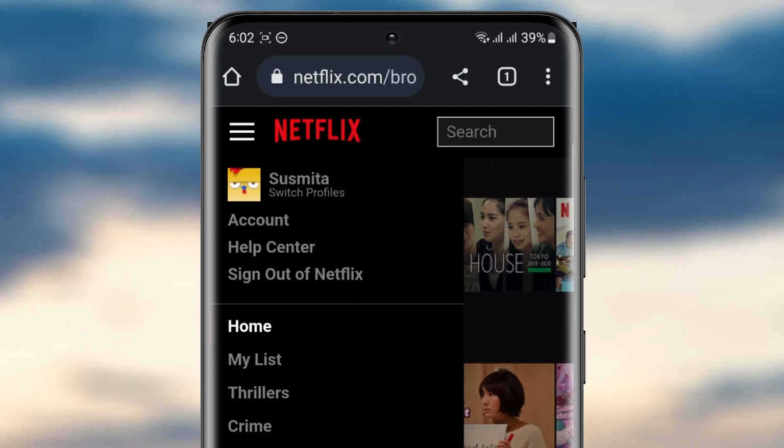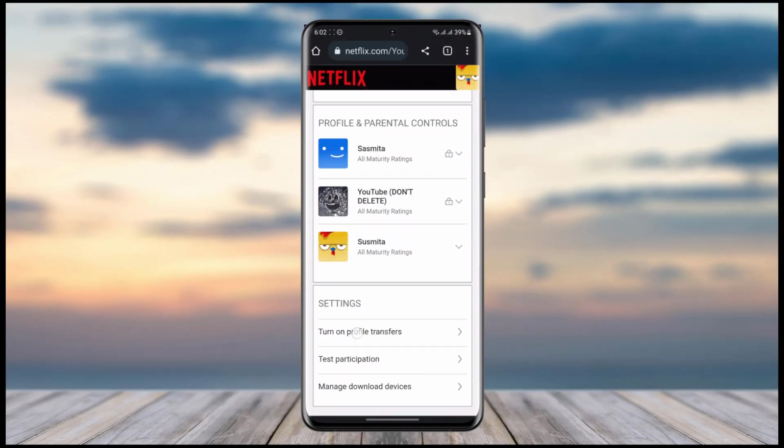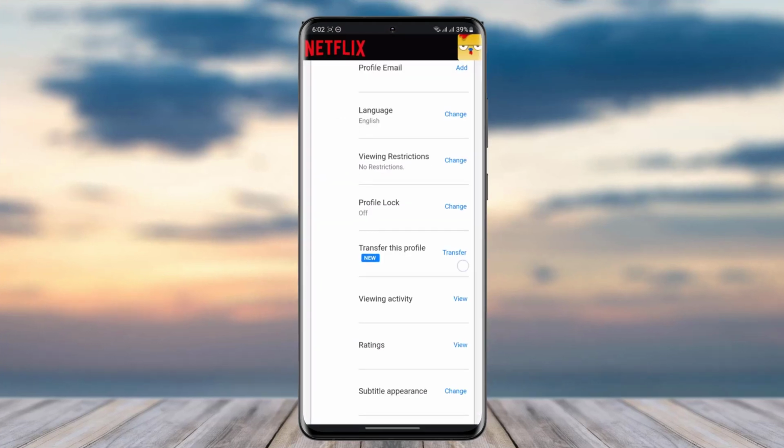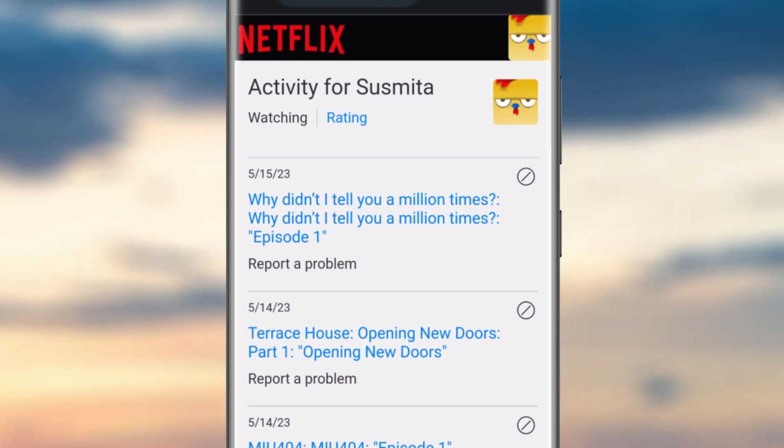Then tap the option called Account, and here you can see all the information of your account. Simply choose the particular account that you would like to remove the history from. Tap on that account and you can see the Viewing Activity option over there. Tap on the view option given beside it, and then you can see all of your viewing